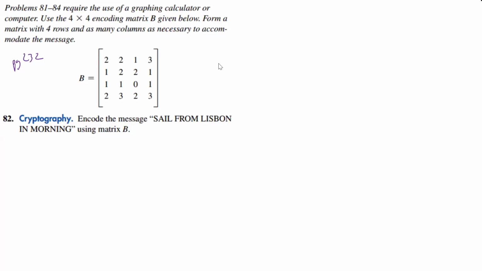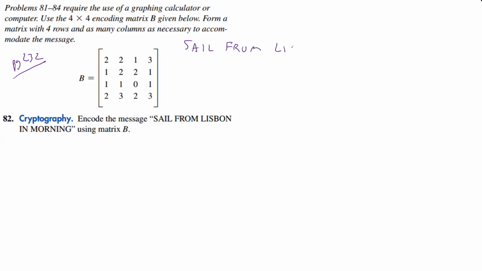All right, so here we're supposed to use B, which is this 4 by 4 matrix, and encode the message "sail from Lisbon in morning." We need to use, unless you have it written out somewhere, page 232, where we have all the letters in order, so we can do that. So let's write out sail